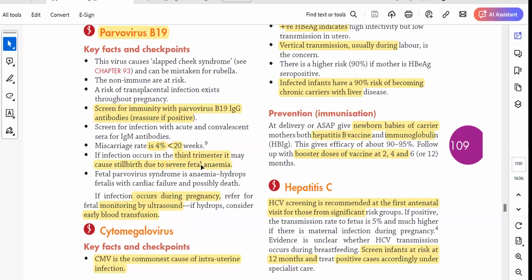So that's the problem. Although parvovirus B19 is just a very simple viral infection, if a pregnant mother gets it and it transmits to the baby in utero, then the baby can die sometimes because of anemia. So if there is a contact history, then you need to check the IgG level. If IgG is positive, then you can reassure the mother that there is nothing wrong, you are immune to it. But if IgM is positive, then you would say that the patient is infected.